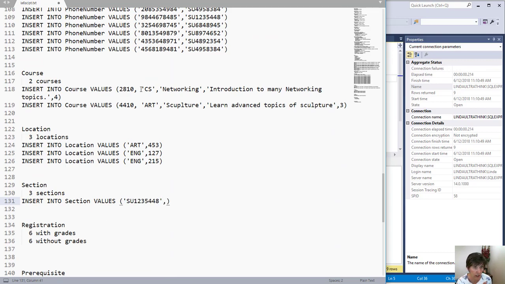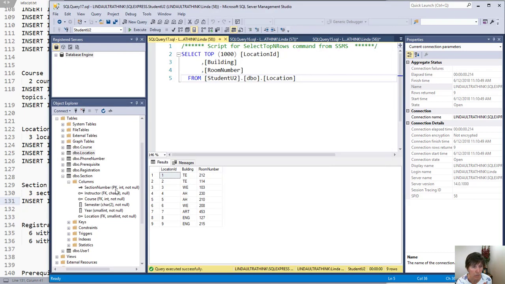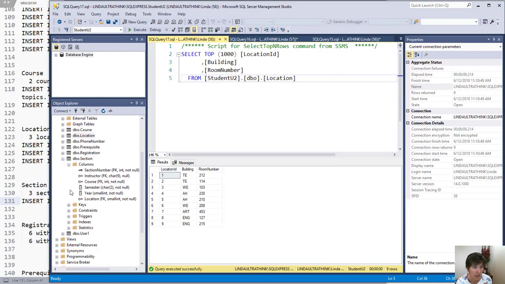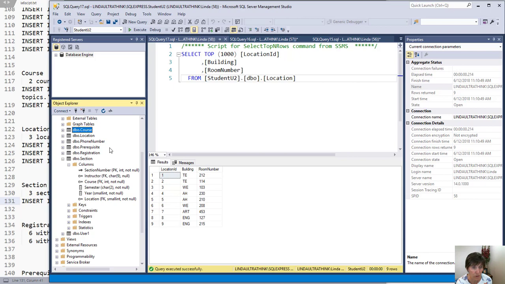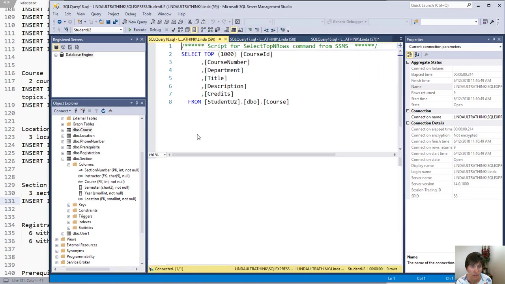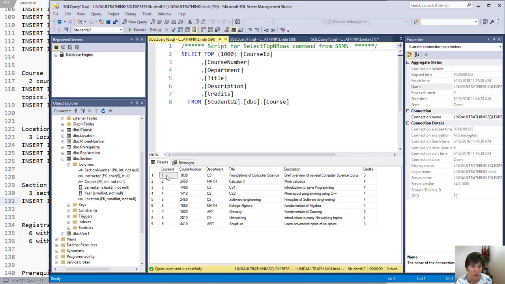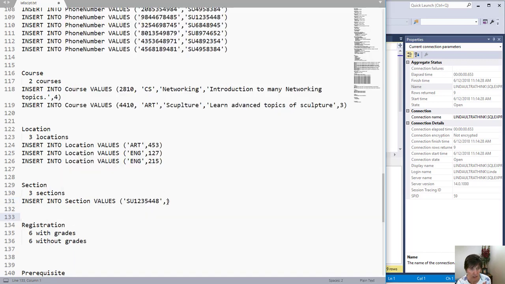So if we go up into our courses, now notice we do not have the primary key here. So we're going to have to, because we didn't enter it, it's an identity one. So we're going to have to go look that up in the course table. And we're going to simply right click and select top 1,000 rows. And we'll see that we have course numbers available 1 through 9. So we can put a course number